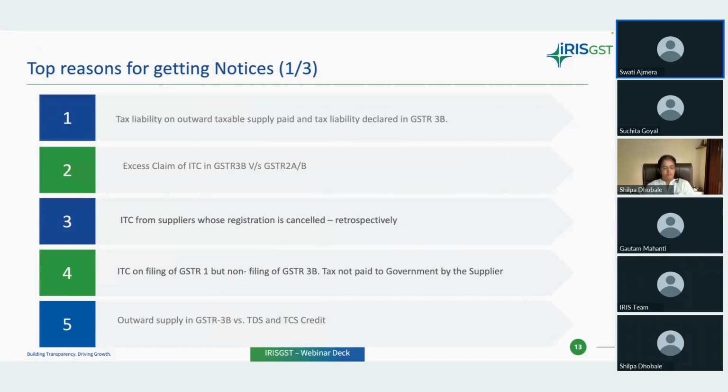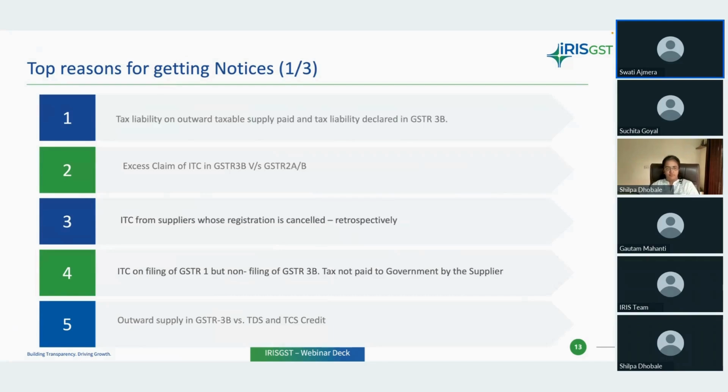There are n number of tools available from which you can reconcile your GSTR 1 and 3B before filing, and now GST has also given an auto-drafted 3B. But still, if you make some amendment in GSTR 3B before filing and make any changes, you will surely get a notice from the GST department asking you to verify your GST liability based on GSTR 1 and GSTR 3B.